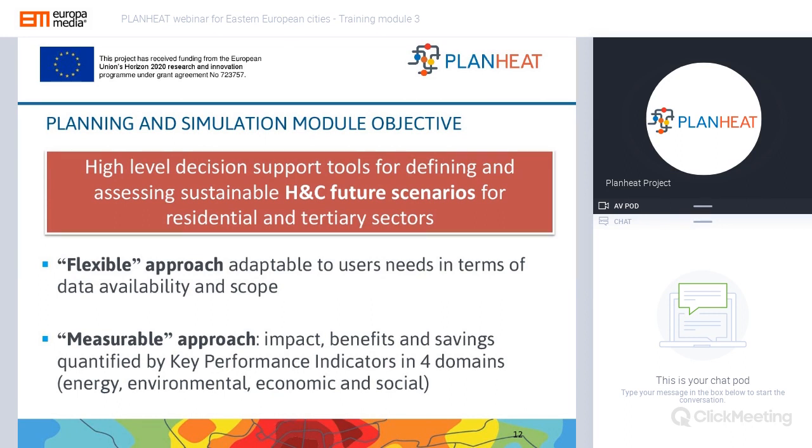It has quite a flexible approach that is adaptable for different user needs in terms of data availability and scope. As you are aware, data is not always available, but PLANHEAT can be quite adaptable in that respect. It also has a measurable approach because impacts, benefits, and savings are quantified by key performance indicators in energy, environmental, economic, and social terms.